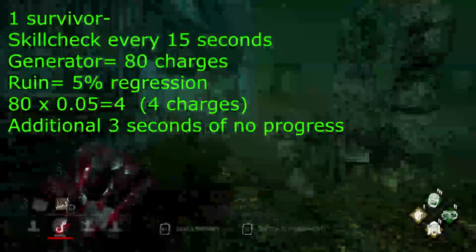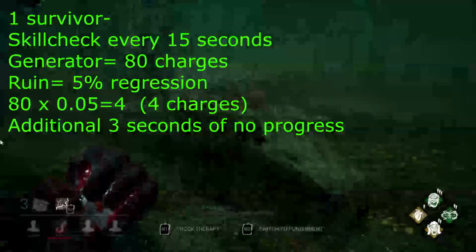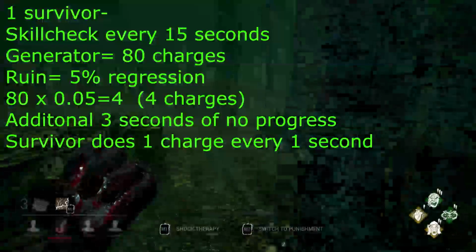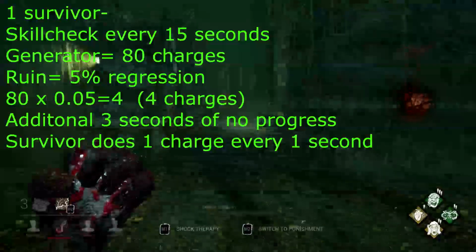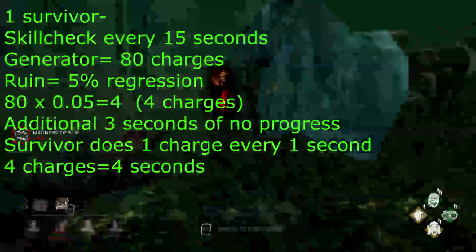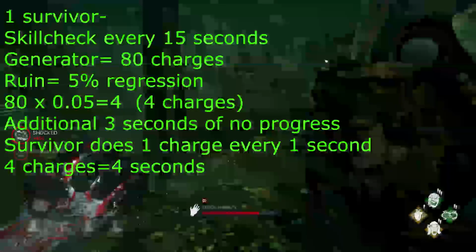One survivor, because in this case we're deciding that only one survivor is repairing the generator, completes 1 charge every second. 4 charges equals 4 seconds. Just the regression alone takes 4 seconds to recover, plus the additional 3 seconds of no progress being made, that delays the generator in total by 7 seconds for